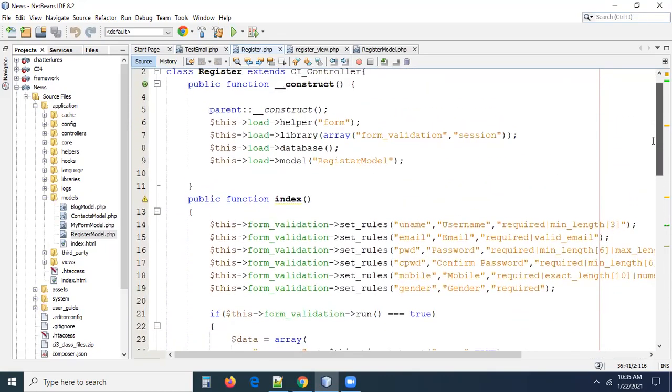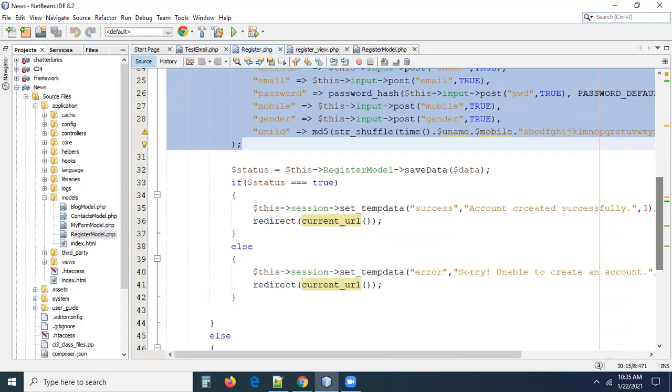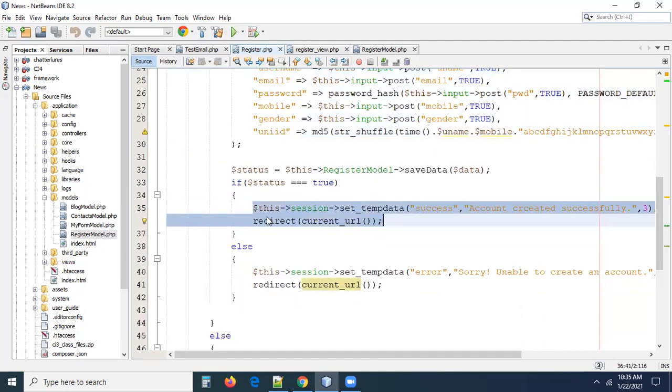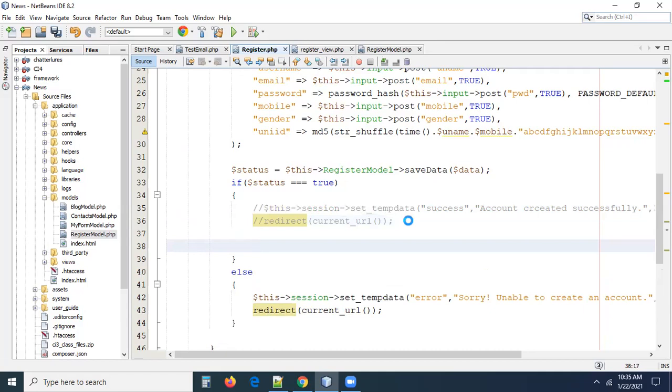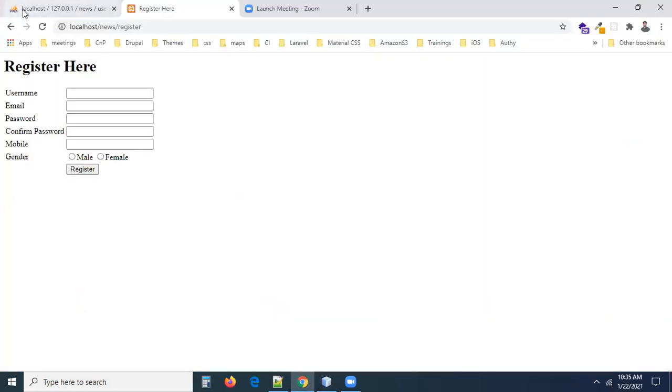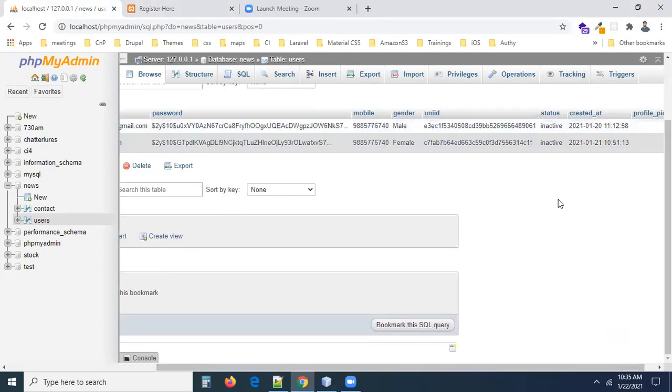So what we did in the last session, we inserted the data by using a model, and upon success we are displaying a success message. Before displaying this success message, I want to send an email notification to the registered user with the activation link. Why? Because in the database, we are saving the registered user status as inactive. Once I send an email to you, in that email ID, you are going to get an activation link.